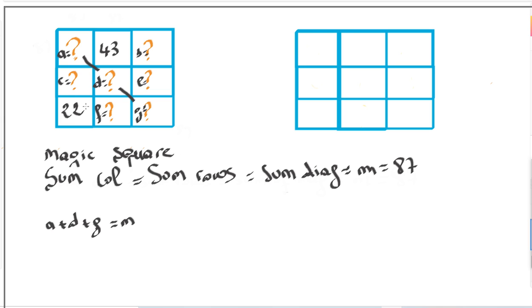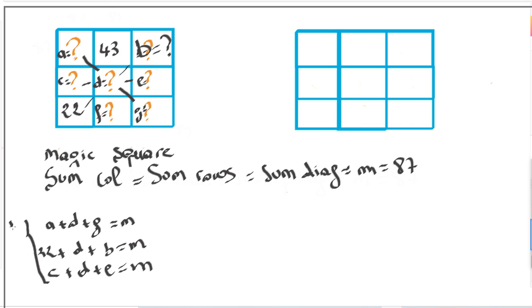Then we go for this diagonal, 22 plus D plus B, this one is B, and then this row we have something like C plus D plus E is equal to M. And from here we sum it up, the sum of these items, we have something like A plus 22 plus C is equal to M,